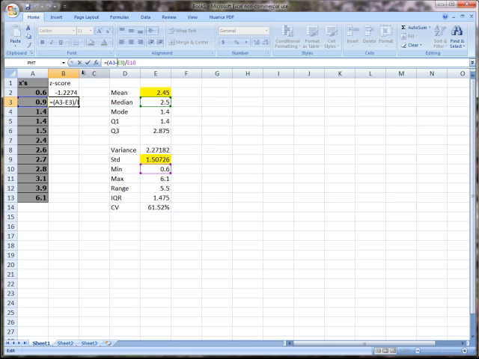But in terms of the mean and the standard deviation, as I've changed down to the next row, it's also changed those cell references, but they're no longer correct because the mean is still in E2 and the standard deviation is still in E9. So I can fix that, and the way I do that, I'll just delete that copy, go back to the original one. If I put $ around the reference to where the mean and the standard deviation are,